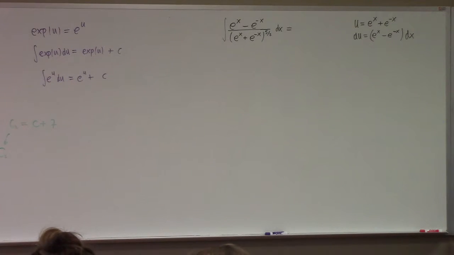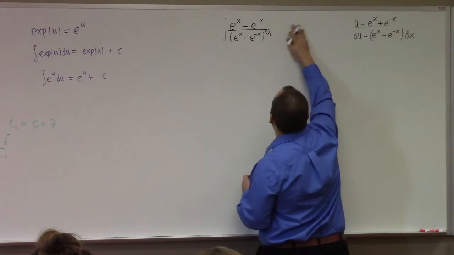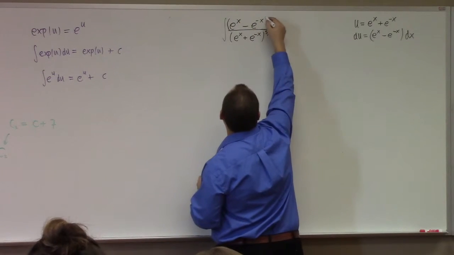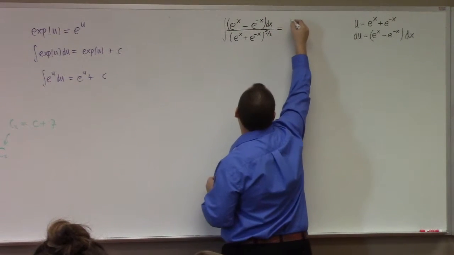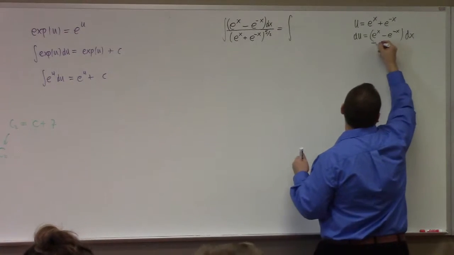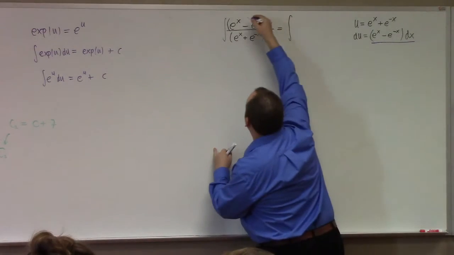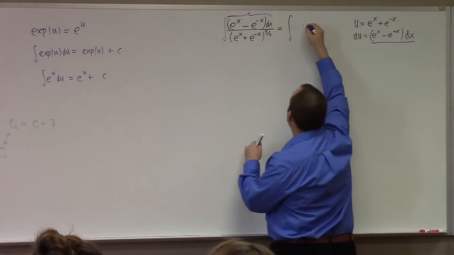So if you don't mind, I'm going to rewrite the problem like this. The thing upstairs is really just what? This is precisely what we have upstairs, right? So the substitution is that's du